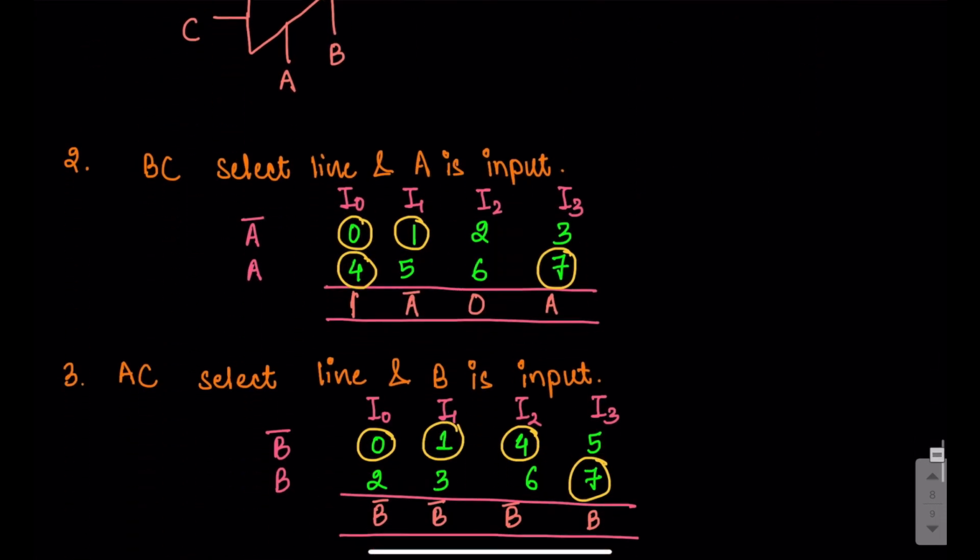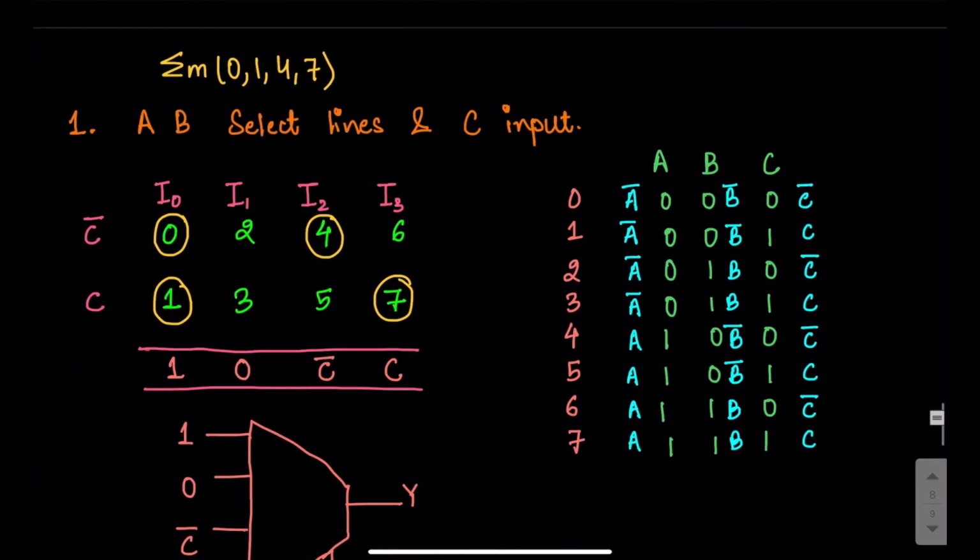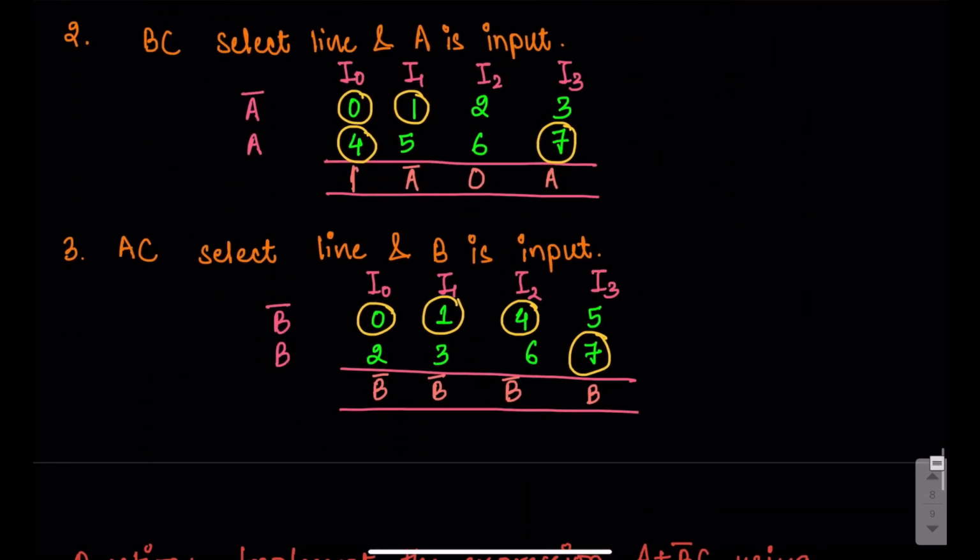Now suppose you're doing case number 2, in which you made B and C as the select lines and A as the variable. So now at this side you would have A bar and A, and for A we know that the counting is 4 times you have A bar. So for all the numbers 0, 1, 2 and 3 it is A bar, and then for 4, 5, 6, 7 it is A. In this way, the counting will now be 0, 1, 2, 3 and then 4, 5, 6 and 7. Then again we do the same procedure, we circle the numbers that come in the expression. So 0, 1, 4 and 7.